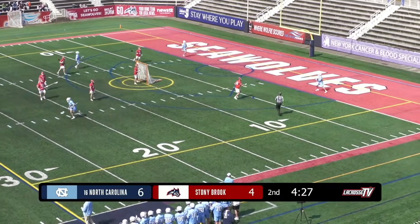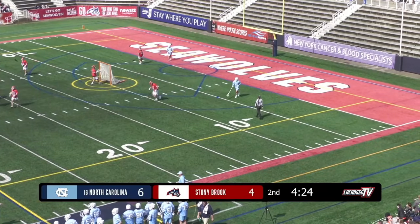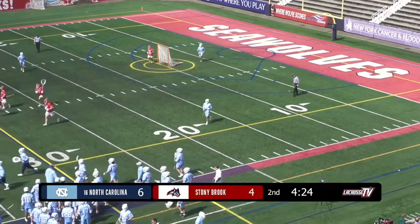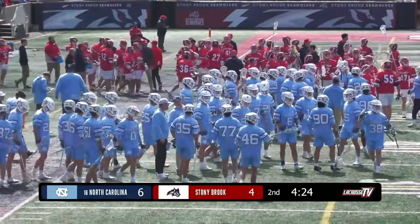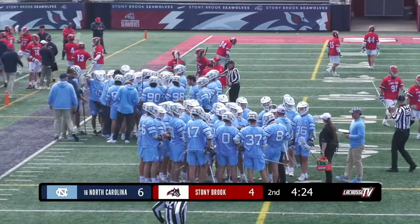Yep, and you'll see Carolina potentially work some sub games. It looks like they're just going to get everybody off here and take a timeout. Timeout, North Carolina. We've got a timeout with 4:24 left to go in the half. In the first quarter, it was pretty close, but in the second quarter, North Carolina showing why they are the...